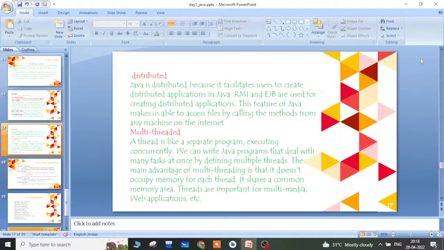So the multitasking concept is achieved by these multiple threads. These threads don't occupy separate memory for each thread; they all can share a common memory area. And the threads are very important for multimedia and web applications,